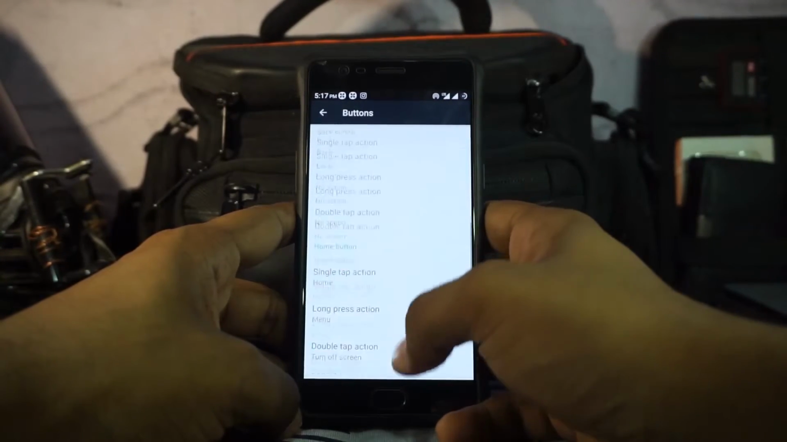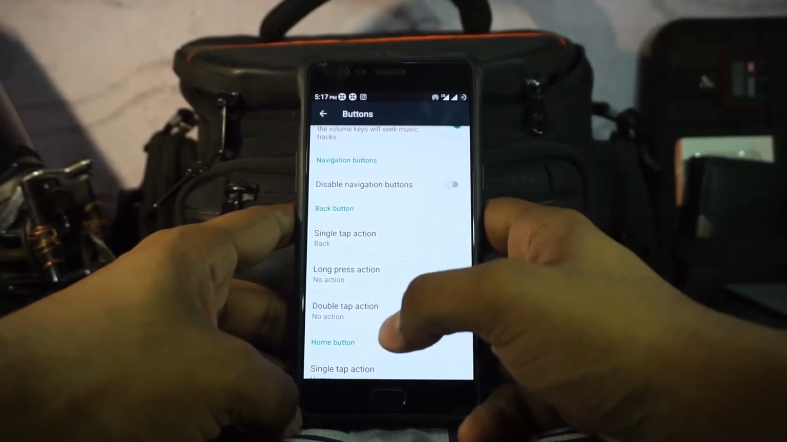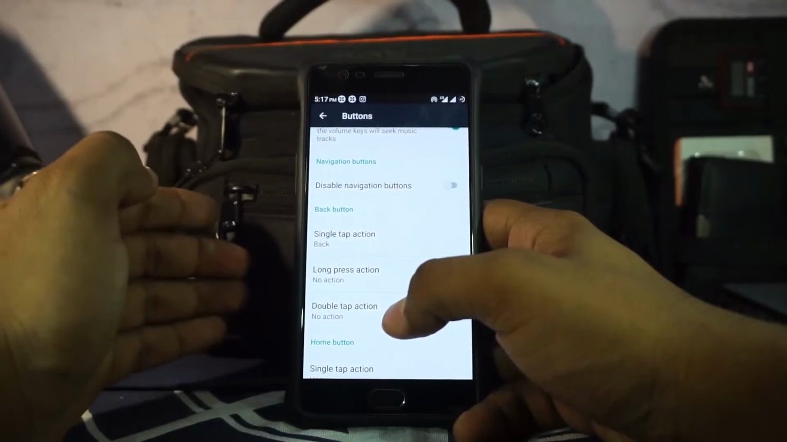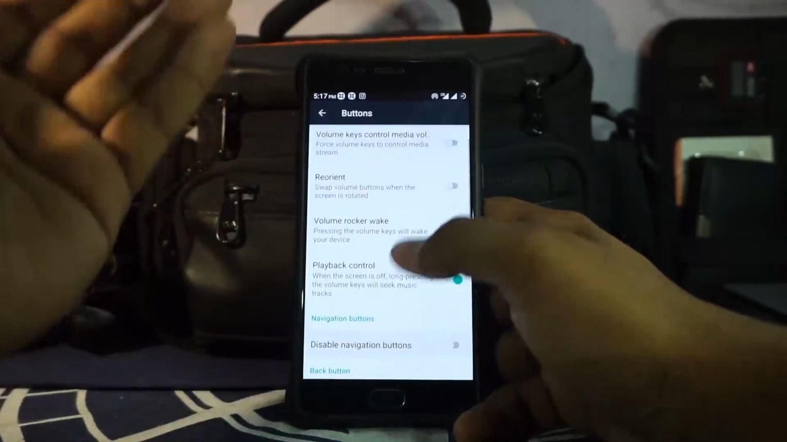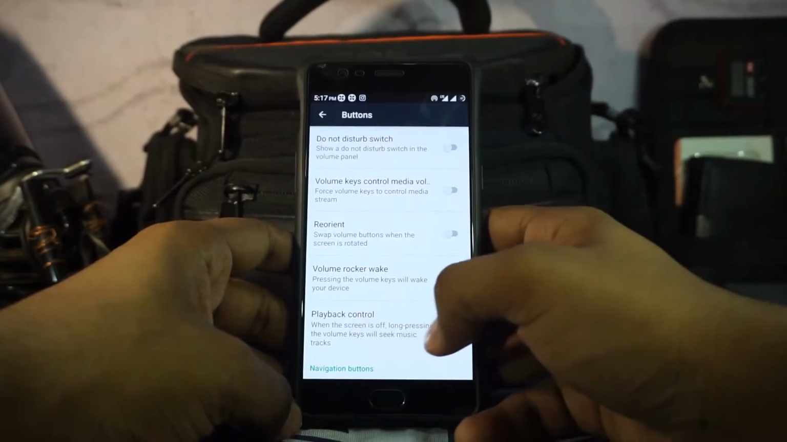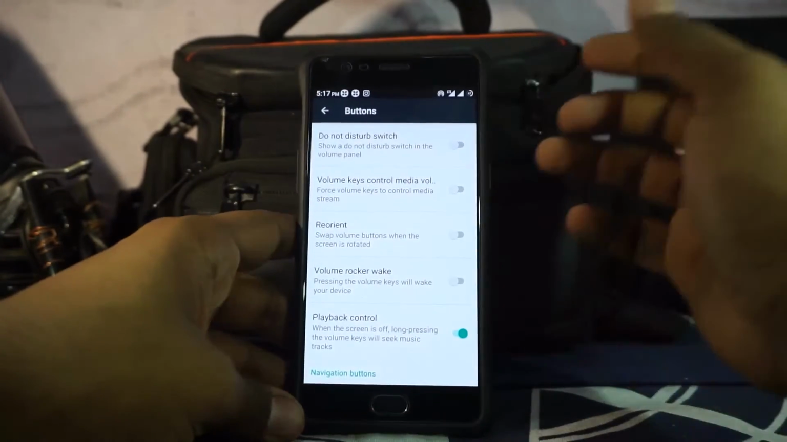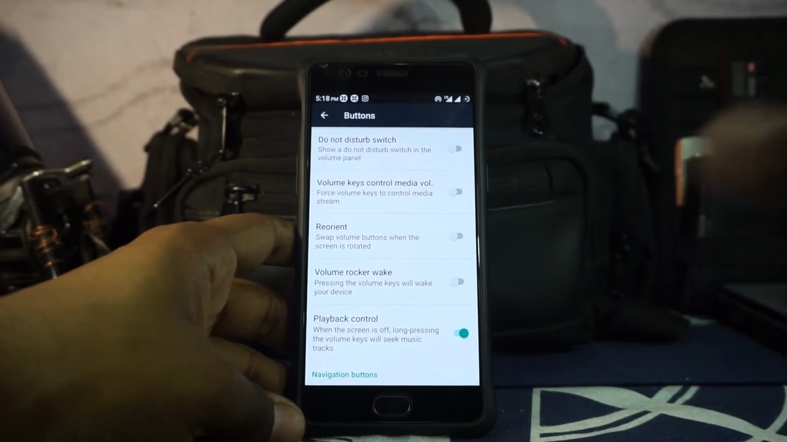So that is really nice for most people, because I do use long pressing the back button for force closing the foreground app. So this does work out really nicely, so that's pretty cool. Volume controls the media volume, and there's playback control using the volume keys. The only thing which I miss in this one is the keyboard cursor control with the volume keys, because I